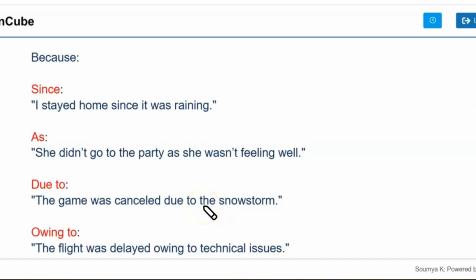We are starting a new series where we are going to see the replacement of the words that we are selecting in the video, which words we can use instead of that particular word, and how to use them in sentences. So today we are going to see in this video about because. So how you can replace because.